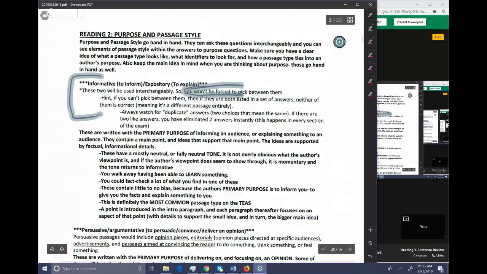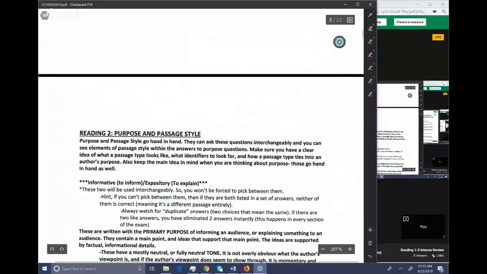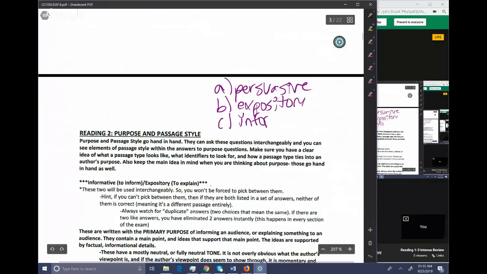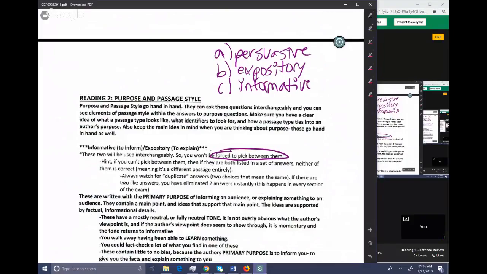A hint based on that. So let's say that you are sitting there and you have A, persuasive, B, expository, C, informative. So I didn't tell you that they can't put them both there. What I said is they can't make you pick between them. So if you had a situation where two of your answer choices meant the same thing as each other, and I am telling you with TEAS, you have complete permission to consider expository and informative to be the same thing,